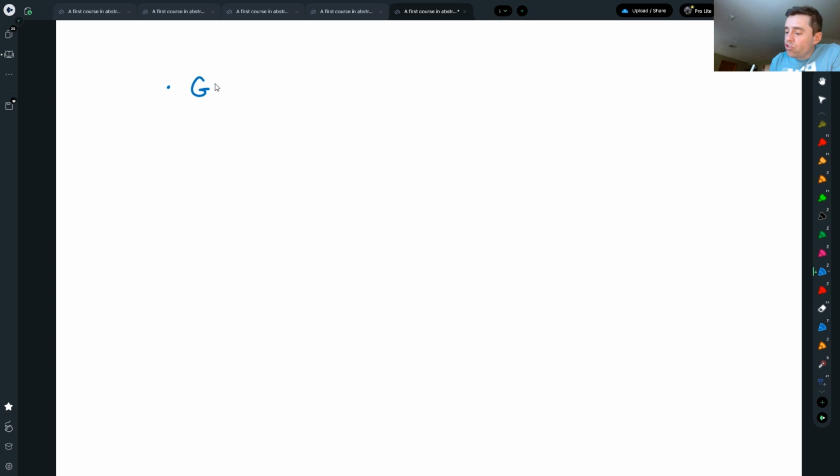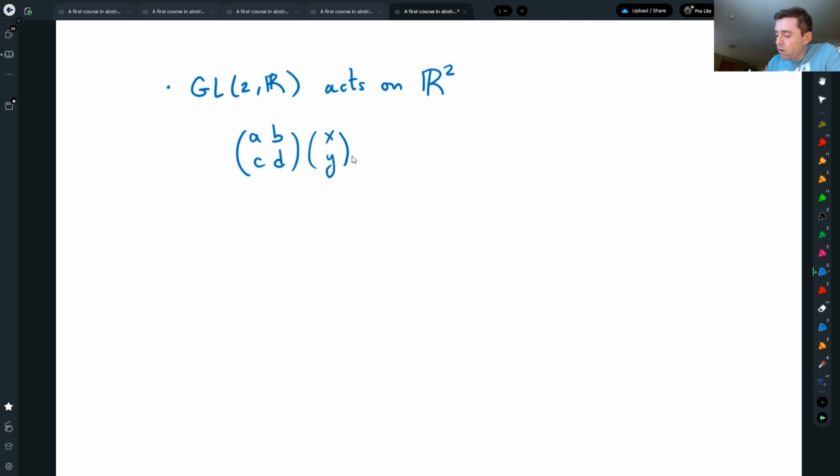The 2 by 2 matrices with non-zero determinant, they act on R2. How does a matrix A, B, C, D act on a vector? Well, it just sends a vector to another vector by the matrix multiplication. This is AX plus BY, and CX plus DY is the effect of that matrix on that vector. And for example,